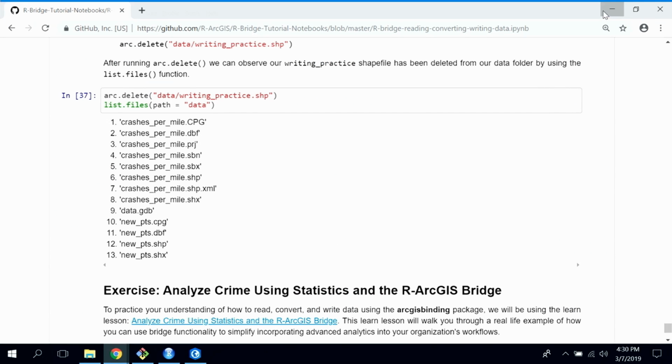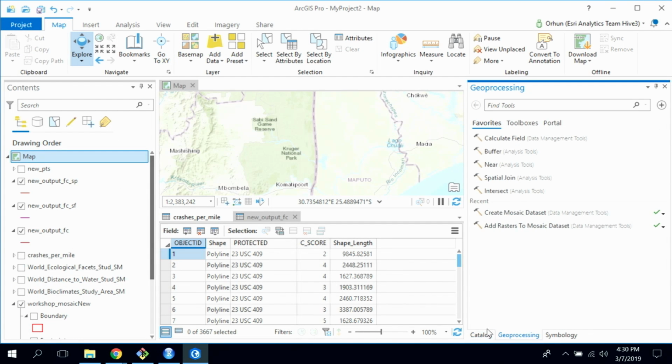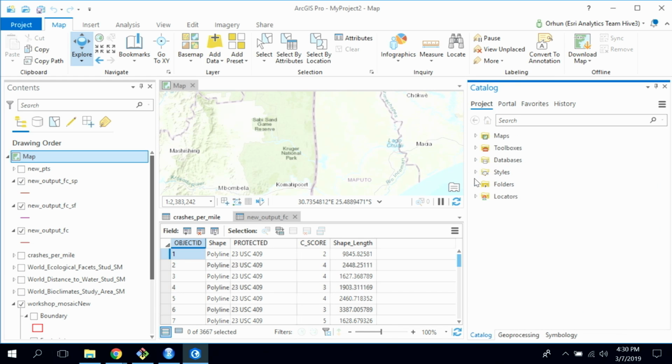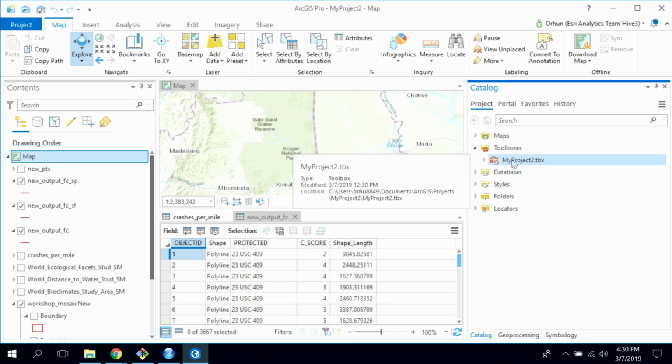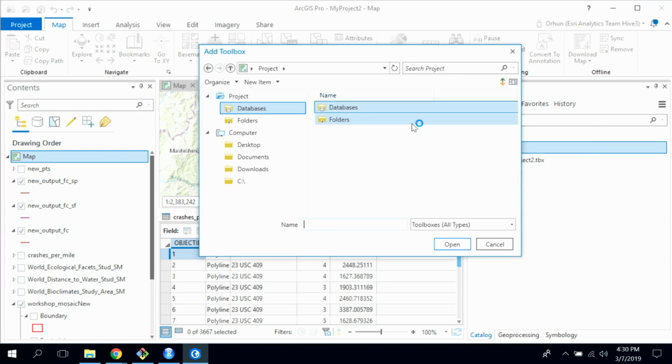So when I say toolbox, I mean these Python toolboxes that you can create. If you go to your catalog pane, in catalog you'll see toolboxes. You can open a toolbox. For your project's name, you'll see a TBX. You can create a new toolbox. I'm going to create a new toolbox